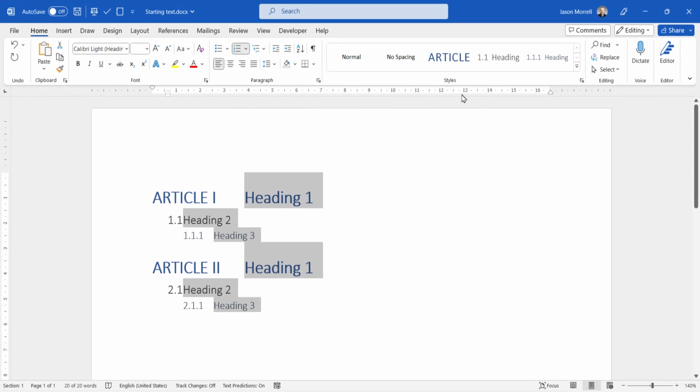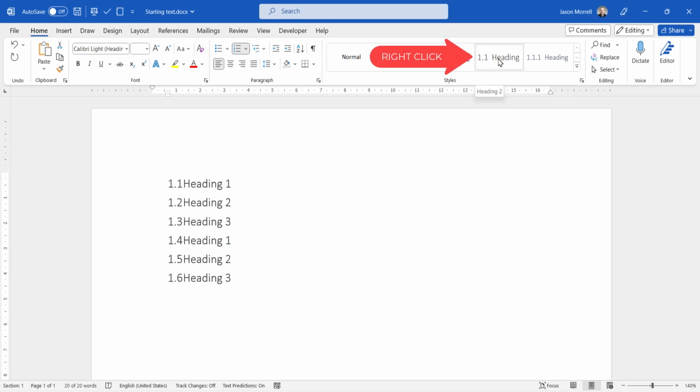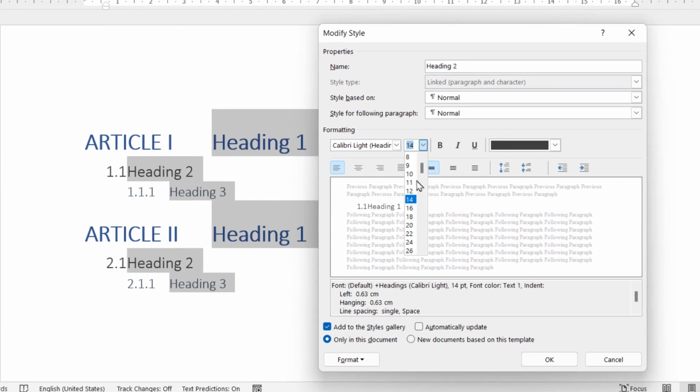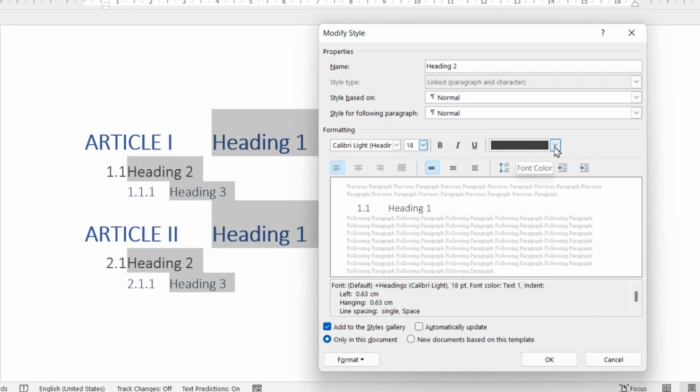Let's go to heading 2, let's right click and modify. Again, let's increase the font size to a size 18. And if you want to change colors, that sort of stuff, that's entirely up to you. Most documents just go black all the way through, but we can just change colors here so we can see it. There's no dramas with that. So that's level 2 done.